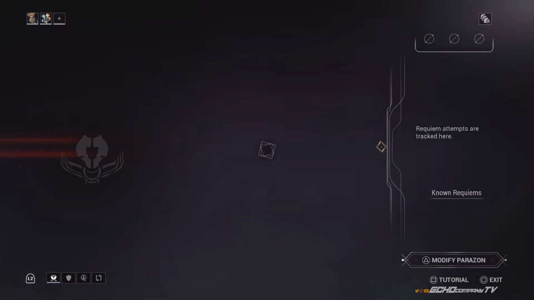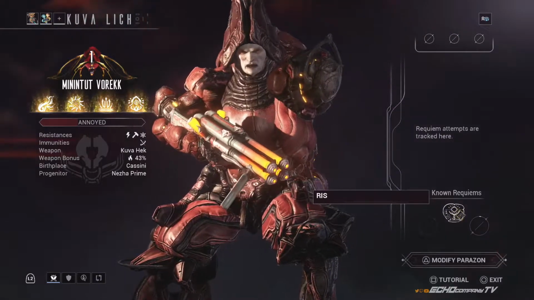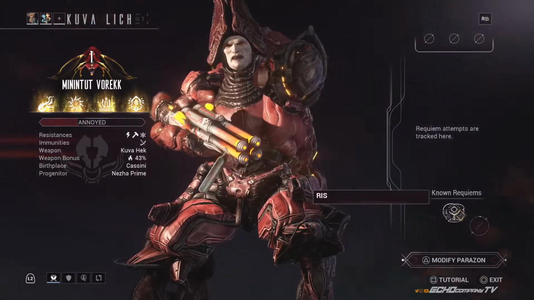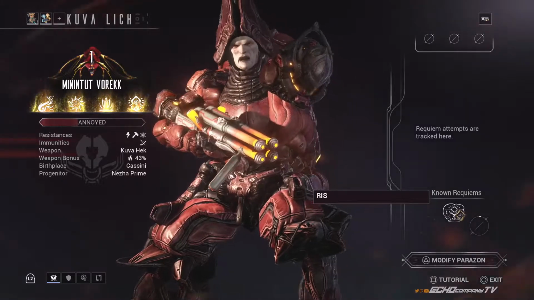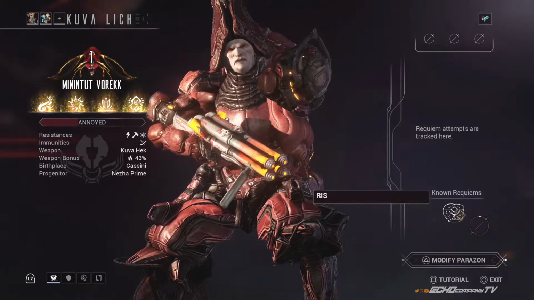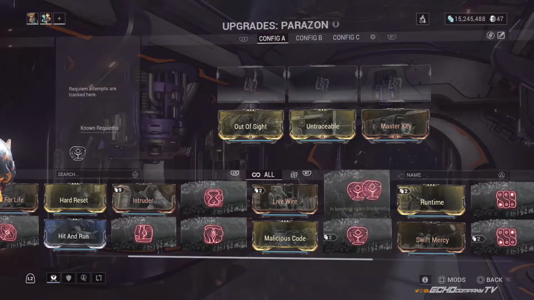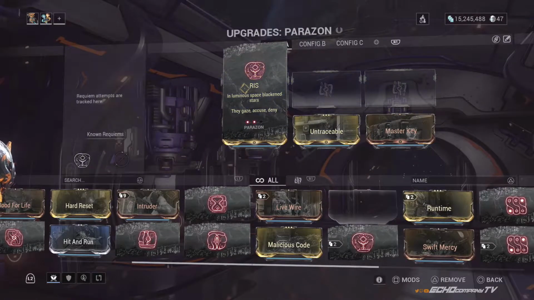Once you get your first circle closed, once you get back to your ship, you go into your Lich menu and you will see your first emblem is revealed. Again, this doesn't mean that it goes in your first Parazon slot. It could be your second, it could be your third, it could be your first. Go ahead and equip that Requiem mod in any one of those 3 Parazon slots and keep it moving,